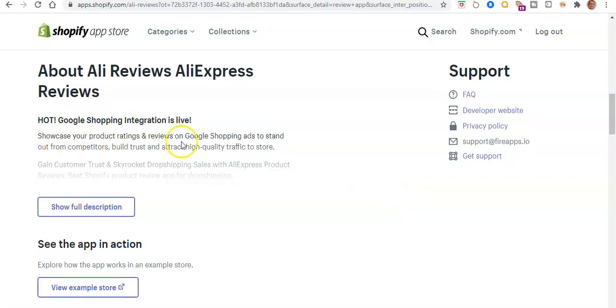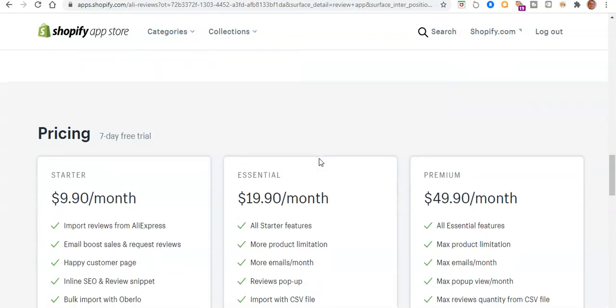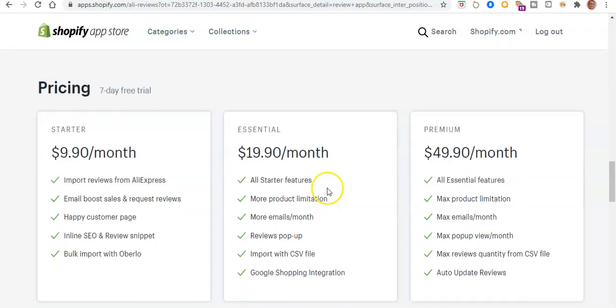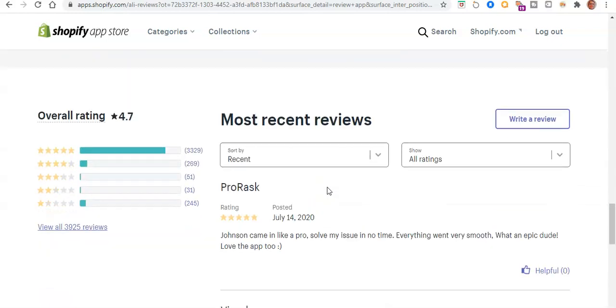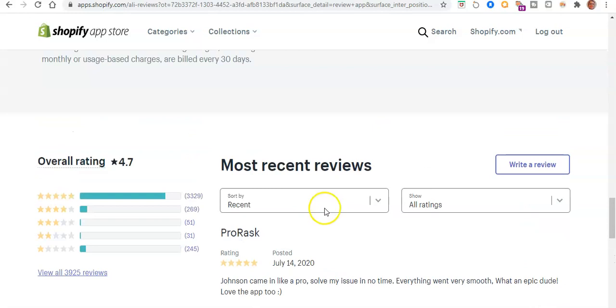It's also got a Google Shopping integration, which obviously isn't going to necessarily mean a lot for us at the moment, but it does have quite a lot of features, and its pricing is a little bit less than Looks, as you can see. And it does have some low star reviews here, but I've actually been using this for about 1.5 years and had no problems with it whatsoever, and actually found that it's been incredibly helpful for my